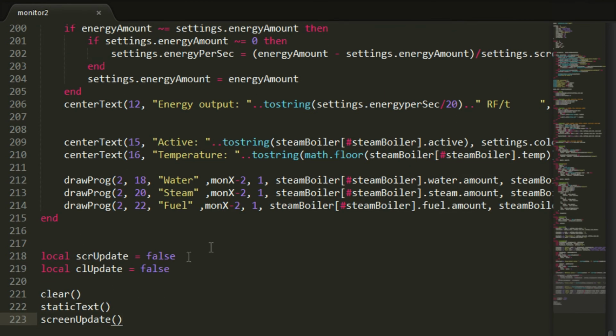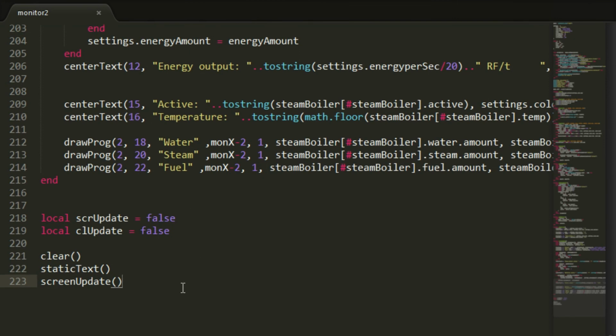So basically on the first run through we're going to do everything, and it will show everything nicely. Then we want to have a while loop, basically just an eternal loop, so the program will always run. And we want to create those timers on those variables. So if there aren't any timers on those variables, so if not screen update, so if it's false, like it is here,